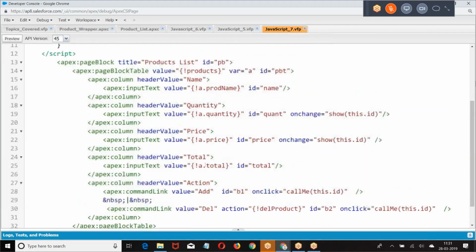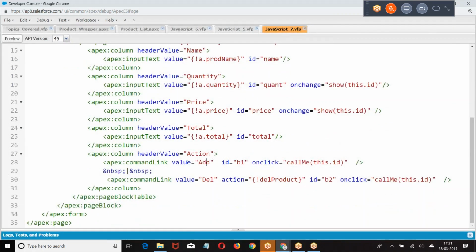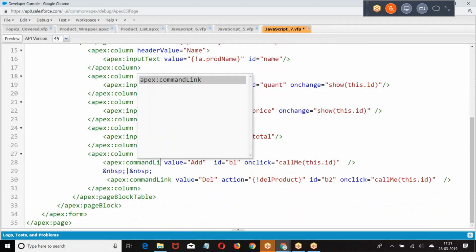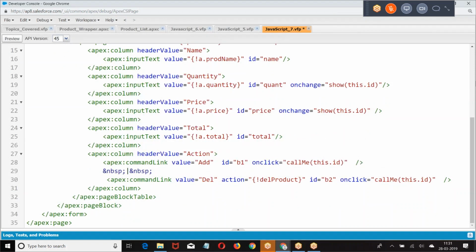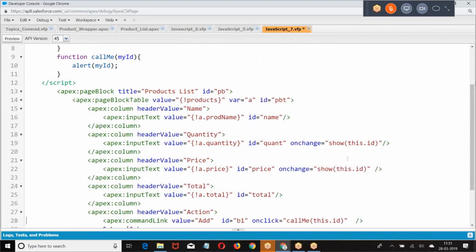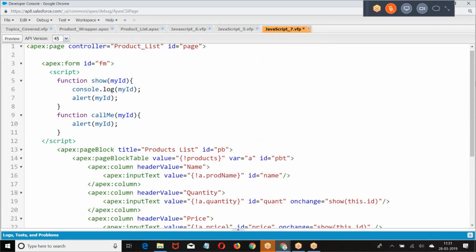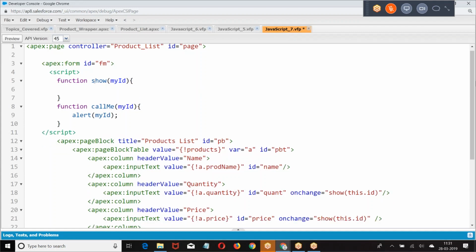So let me finish off this first. We'll come back to the point and see why it is not passed. Function showMyID.